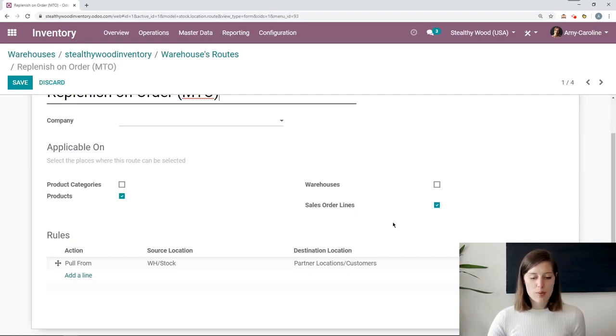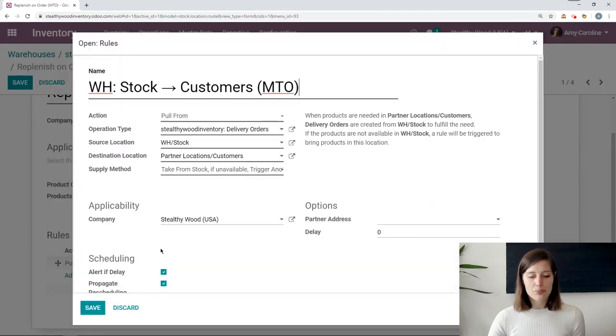But we are going to open up this rule that I have here. So we have the action. We're going to pull from our source location, so warehouse stock. We have our operation type here, and then the destination location, which will be our partner or customer location. And then we even have our supply method. So you can choose take from stock, trigger another rule, or in this case, we say take from stock if